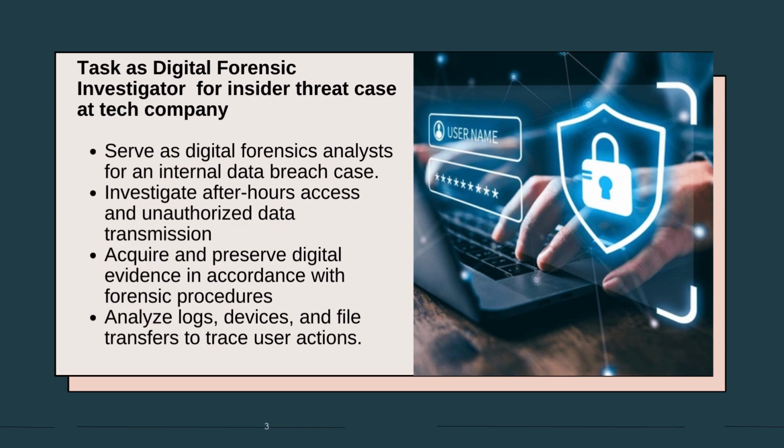As a digital forensic investigator, I was responsible for identifying, preserving, acquiring, and analyzing digital evidence, while maintaining a strict chain of custody. For this case, which involves a suspected insider threat, I was assigned to serve as the digital forensics analyst. My task was to investigate a potential internal data breach involving after-hours access and unauthorized transmission of confidential files. I was responsible for acquiring and preserving digital evidence in line with established forensic procedures, ensuring data integrity throughout the process. This included analyzing system logs, connected devices, and file transfer activities to trace the user's actions and uncover